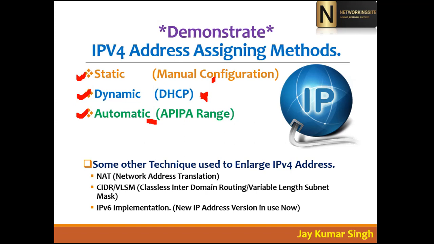So here you don't need to configure a static IP address on each and every computer in the network. But in a static configuration, it is a must that you configure a static or manual IP address on each and every computer in the network. APIPA is automatic when your DHCP fails, or when your PC is trying to find an IP address from DHCP and DHCP is not available in your network. Then your PC will automatically generate an APIPA address from the range of class B, which is 169.254.0.0.